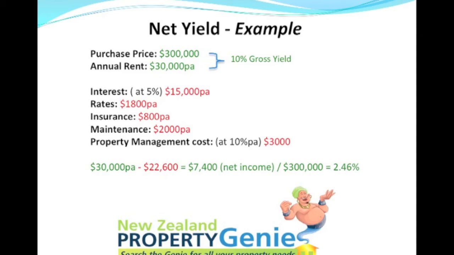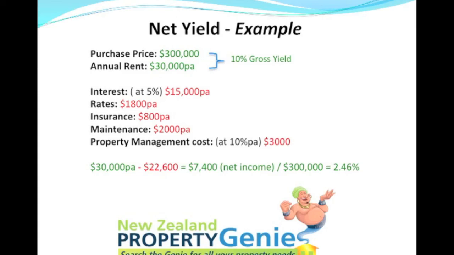So what will be the net yield on this property? The net yield would be the net income, which is $7,400 per annum, divided by the $300,000. This is equivalent to 2.46%. This is a low net yielding property, but provided you purchase the property with 100% finance,